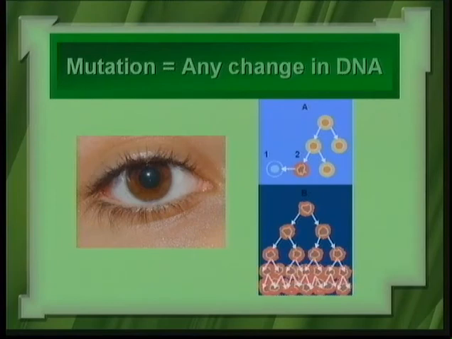Another thing that people have is freckles. Freckles is dominant to having no freckles, but there are more people in the population who don't have freckles than do. So just because a trait is dominant doesn't mean that it's the most widespread of the types in the population. So if we go back to the slides, the PowerPoint,